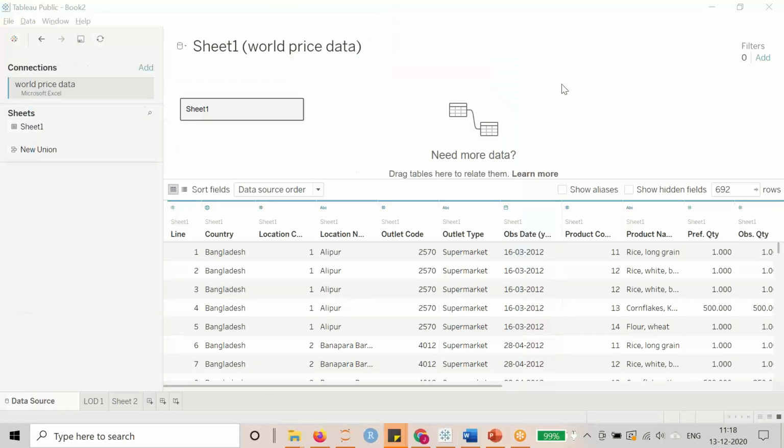It will take some time to load the file. Once that is loaded, you will see this sheet. Once your data is loaded,